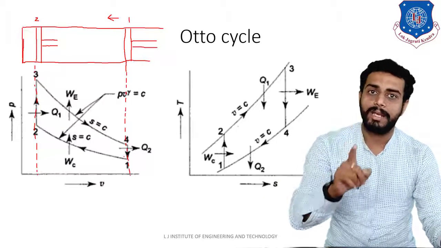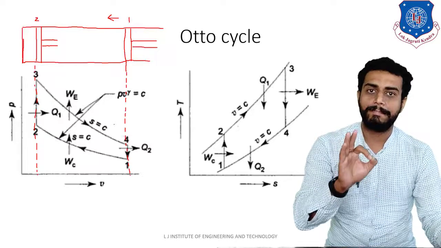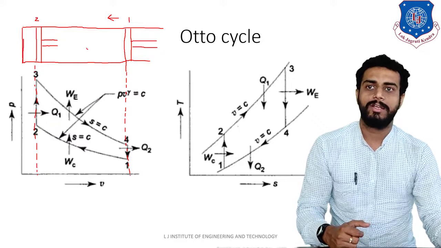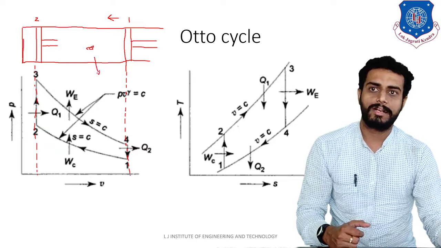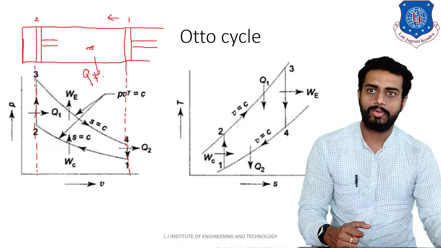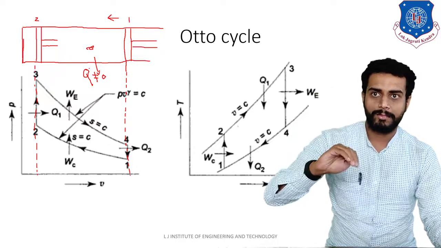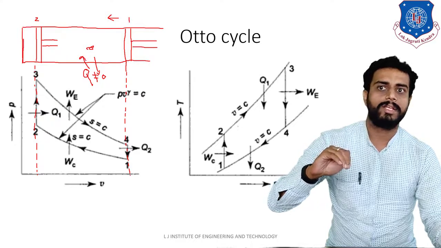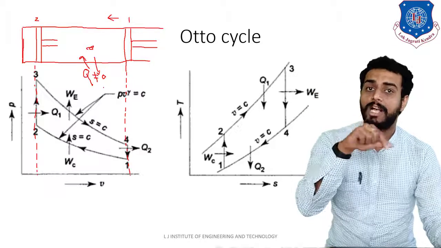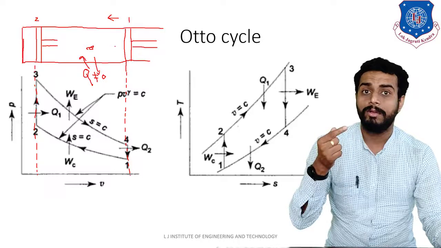Okay, so reversible, adiabatic. Meaning of adiabatic is what? Meaning of adiabatic is simple. The heat shall not transfer from the cylinder cavity to the outside. So from here, the heat shall not transfer from outside, right? So Q shall be 0, right? Heat shall not transfer from cavity to the atmosphere or from the atmosphere to the cavity. So heat transfer is zero. That is adiabatic. Reversible adiabatic compression process. Compression means what? The pressure will increase and volume will decrease.